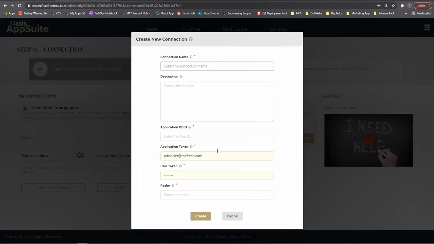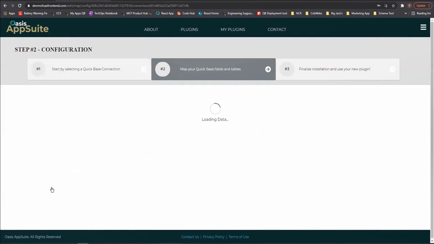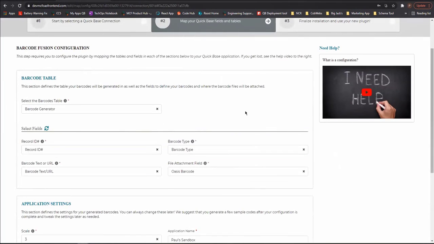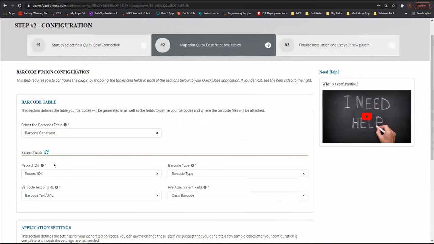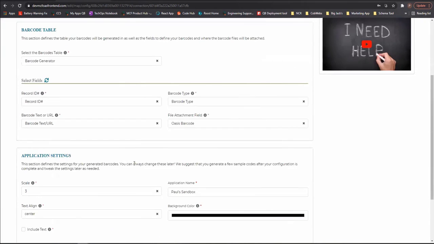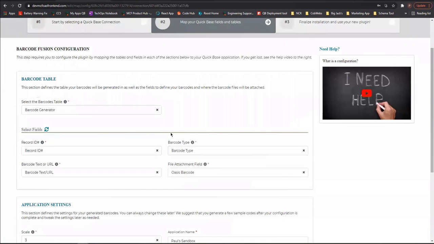Simply name it. If you want, you can add a description, the DB ID of that application, the app token for it, the user token for it, as well as which realm it's on. I'll start using the connection that I already had set up. As you go through here, which you also might have seen in the connection, anything with a red asterisk is required. Anything that does not have a red asterisk, which all of these fields do not, is not necessarily individually